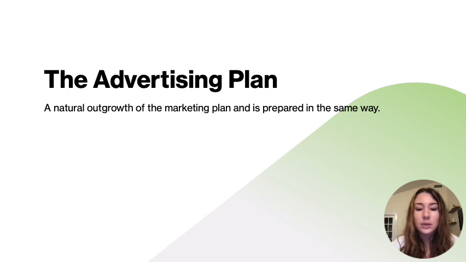We have the advertising plan mentioned in this chapter too, and it's very similar to the marketing plan. It's actually an outgrowth of the marketing plan, and it's prepared pretty much in the same way. So what the advertising team will do is take the marketing plan, review it, see what they can gather from it for advertising that will apply, and make tweaks for things that don't apply, and then they're going to go in the same direction as the marketing plan with the advertising objectives, the advertising strategy, and then advertising tactics.